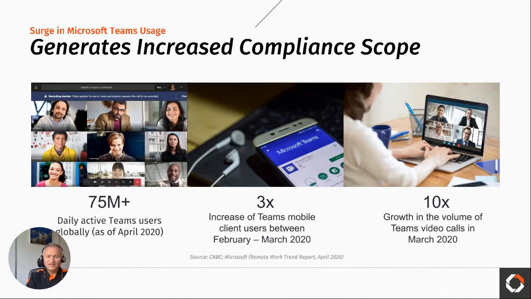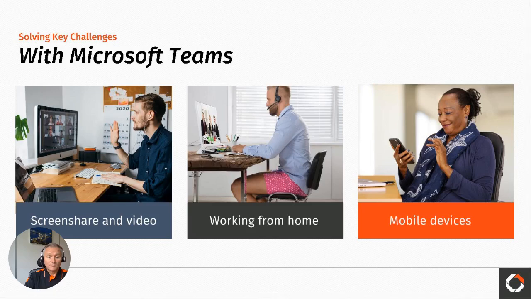But it isn't just a user number increase. There's also a change in the way that people are using Teams and what features they're using. Far more of us are actually turning on the camera these days when we have our Teams calls and Teams meetings. And the use of the Teams mobile app has increased significantly. So we have increased user numbers, plus we have more video and we have more screen sharing. And we have far more people working from home and using mobile devices.